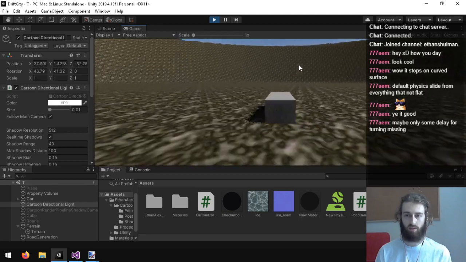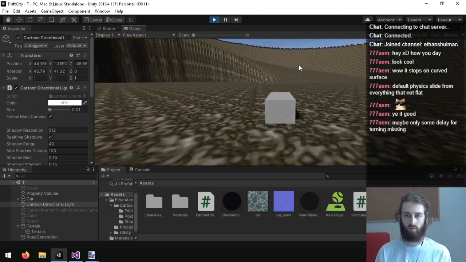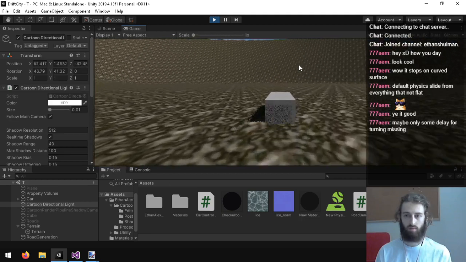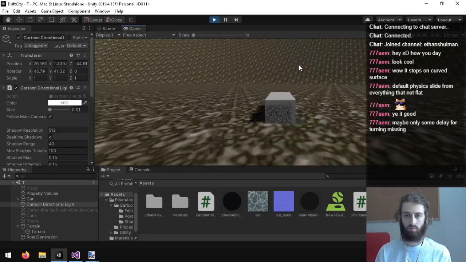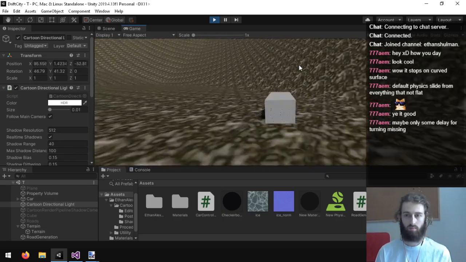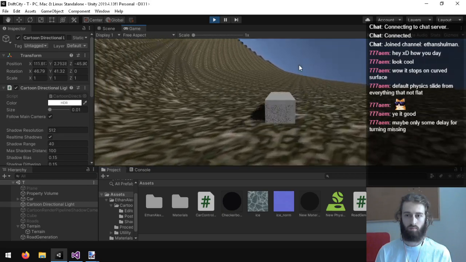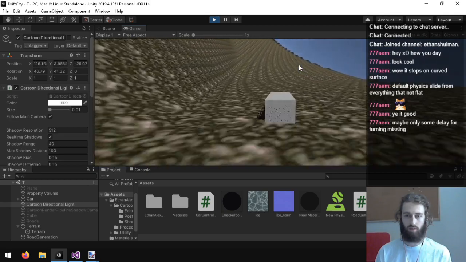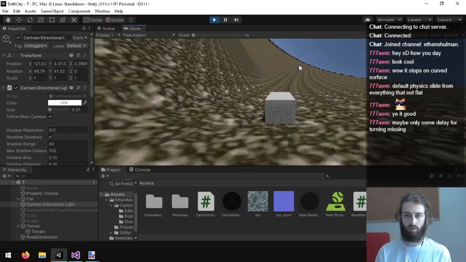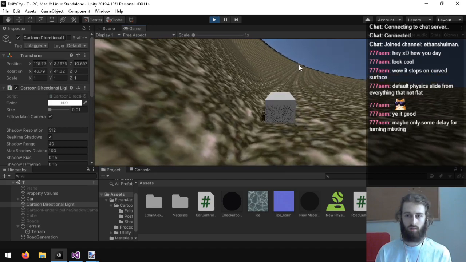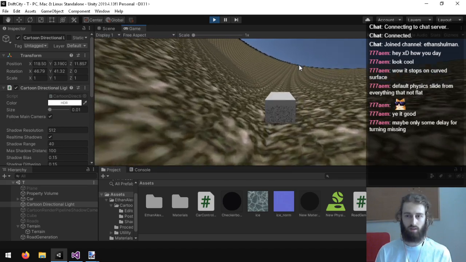Turns too fast, but it doesn't turn to fall. Instead it kind of slides down.